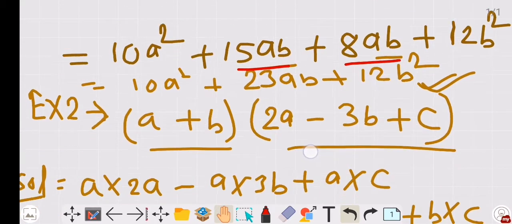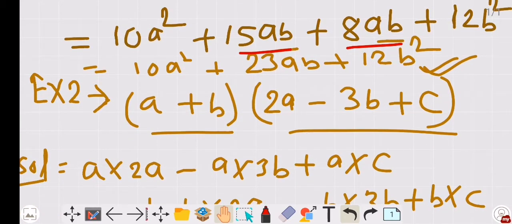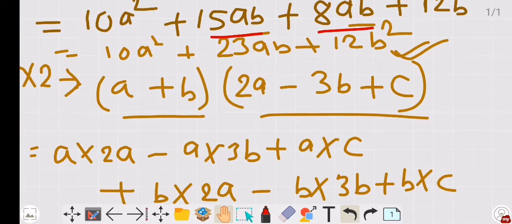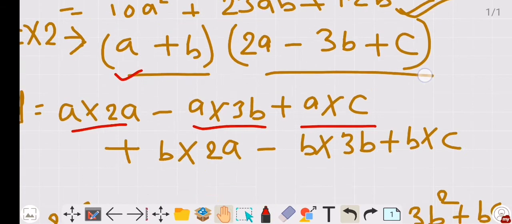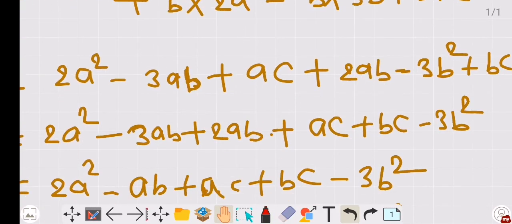The next example is binomial to trinomial, a plus b into 2a minus 3b plus c. Similarly, we will follow the same process. This a will be multiplied with all the terms first. So a into 2a, then a into minus 3b, then a into c. Negative sign, as we have adjusted according to their signs only. And after solving, you can get